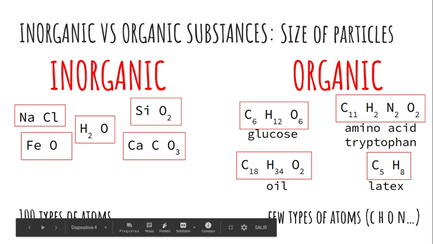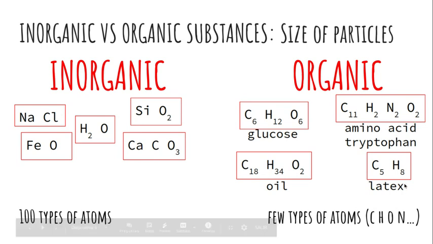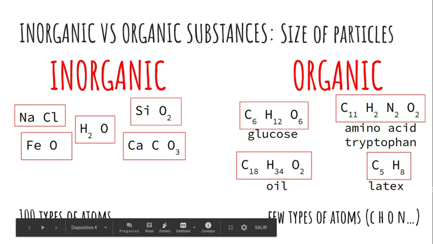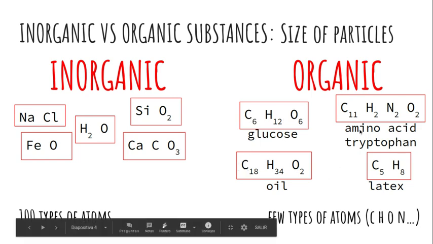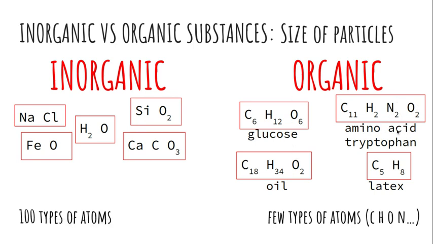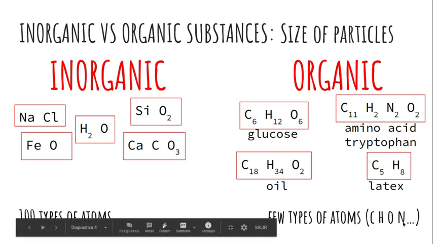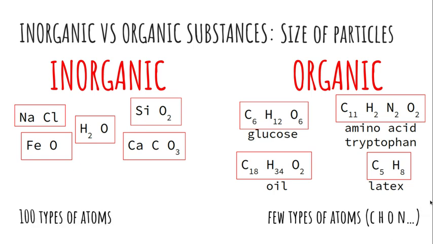Now, it's not that I chose among organic substances these four because they were similar. These four are very different organic substances. Sugar is very different to oil, which is very different to hair, let us say, and very different to latex. But if you take a look, it's only a few atoms that are always present. Carbon is always present, hydrogen is always present, oxygen is almost always present, nitrogen every now and then, and a few other atoms like sulfur or phosphorus appear seldom in these kinds of molecules.